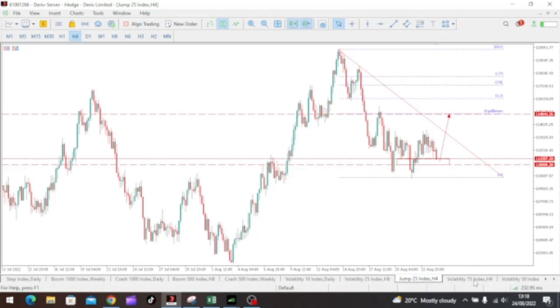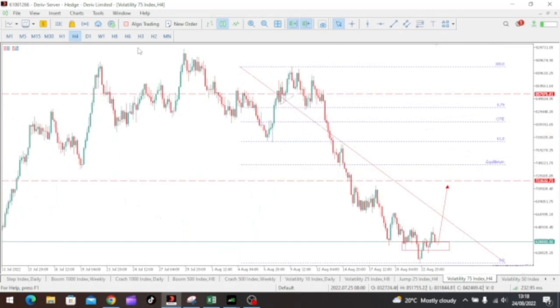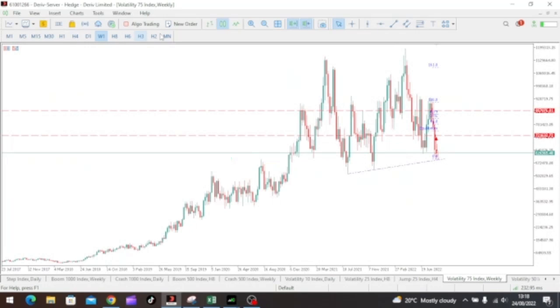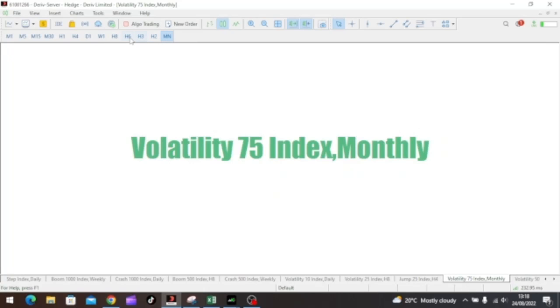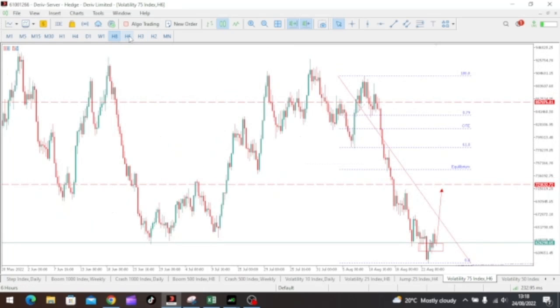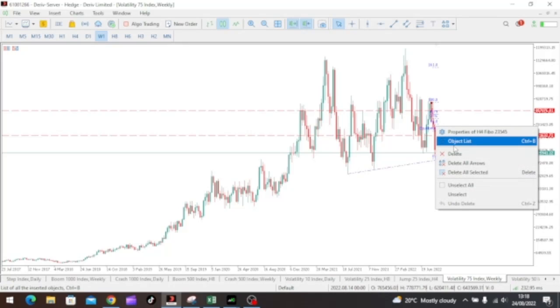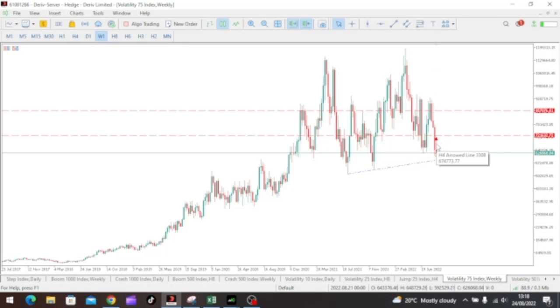And then finally V75. V75 is extremely interesting, because when you look at V75 from the weekly perspective, let's do a top market down analysis. That's for the weekly. In fact, let me even do this for the week. Let me do that. So when you look at this from the weekly market analysis, we are still on